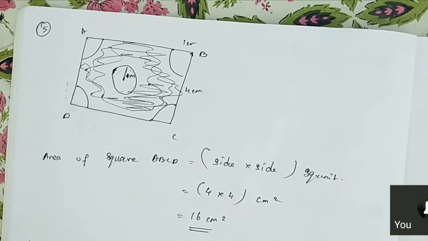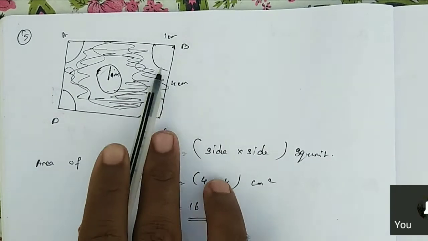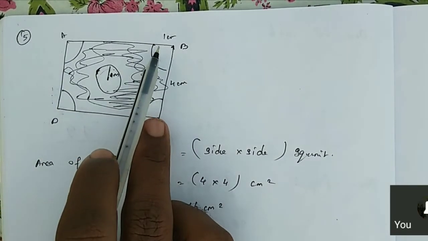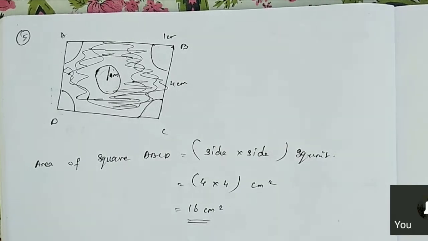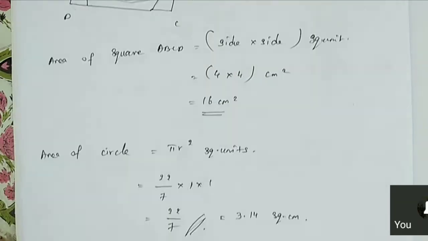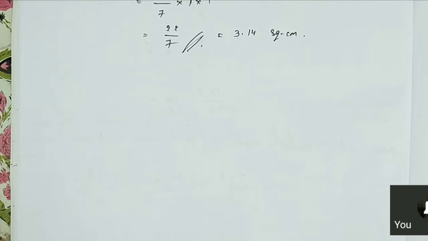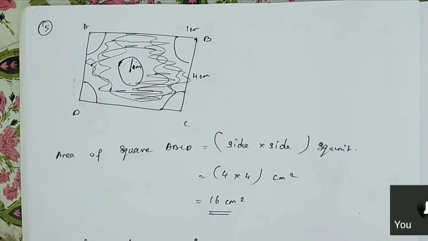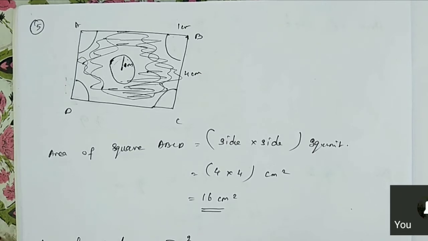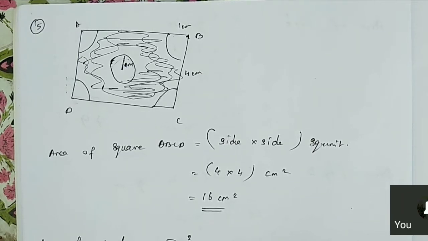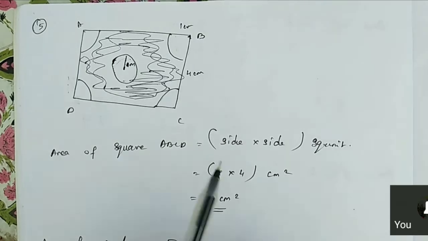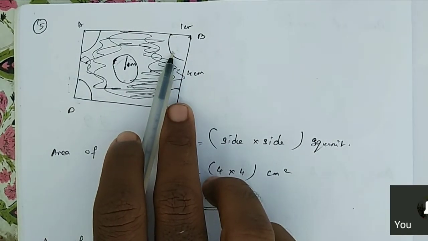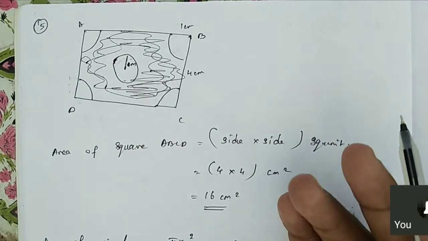Okay, now we can find the 4 corner quadrants. The 4 corner quadrants have a 1 centimeter radius. So we can find any one corner and multiply by 4. Clear? Okay, now listen. What are we supposed to do first? It looks like a quadrant. How can we find the area of the quadrant? We can go with the area of a sector. Otherwise, what is the one more? So among these two, you can go with any one method.